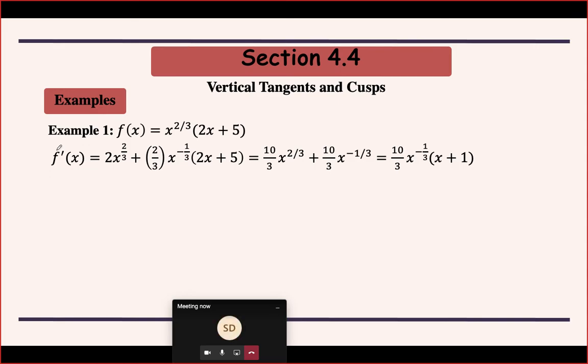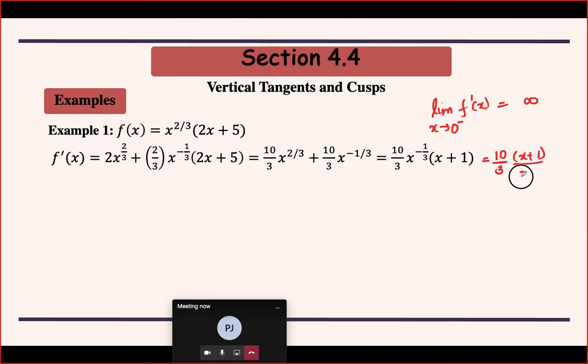Purvi, can you answer this? No, ma'am, I could not get it. Please explain again. What is the limit? This is clear to you, that the limit of f dash as x approaches 0 from either of the sides is going to be infinity. Purvi, is this part clear? No, ma'am. How is this infinity? Your x goes in the denominator, so you have this as 10/3. Okay, yes, ma'am.